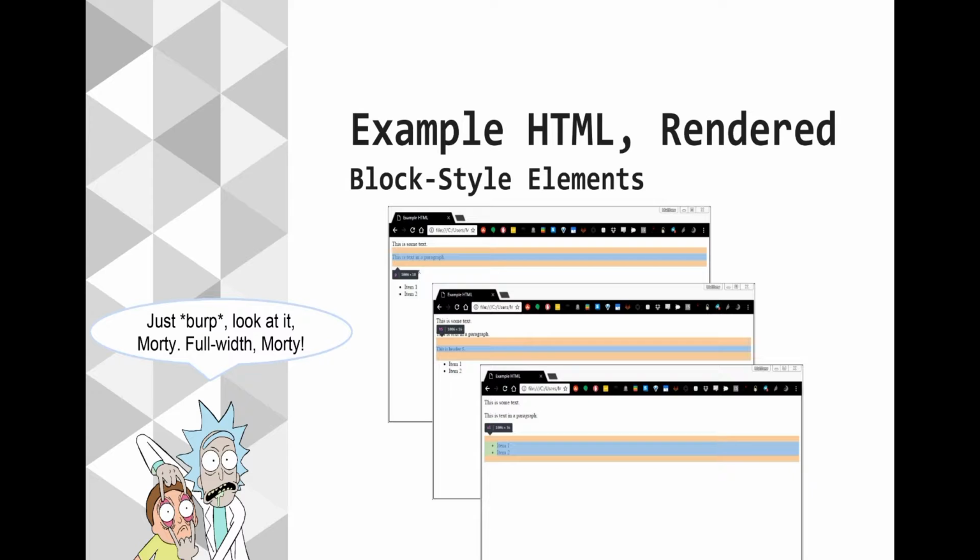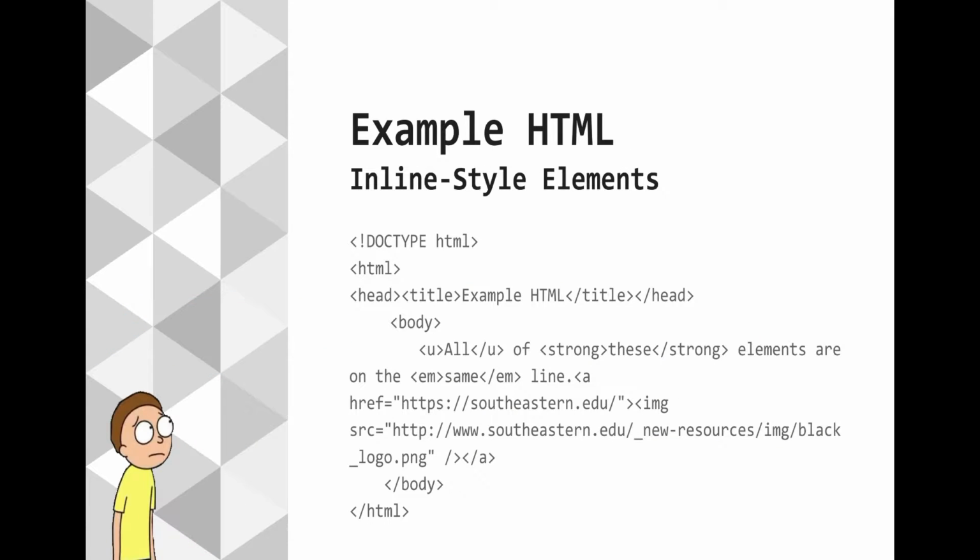So it doesn't matter that they were all on one line. They understood themselves appropriately, and they took up all of that space. When we look at inline styles, we can see that we got some underlines as well as some emphasis and strong elements to represent different things. We see that on the same line we've got an a href, an anchor tag with a link, and we see that we've got an image tag that looks like it's going to some logo, some black logo PNG from Southeastern's